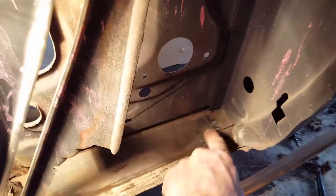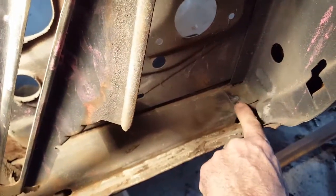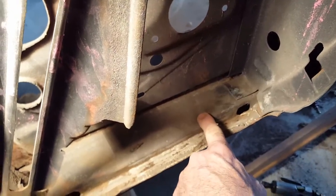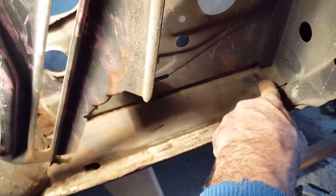Okay. This right here, this piece here is actually tack welded to the rocker panel. The rocker panel comes all the way back in here, so I gotta drill that out. So in order to drill that out,